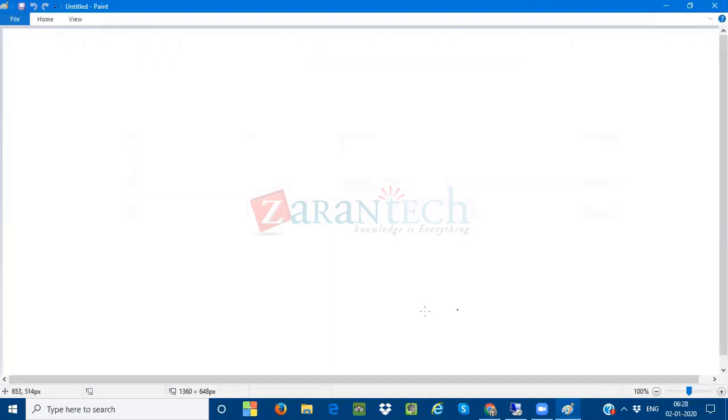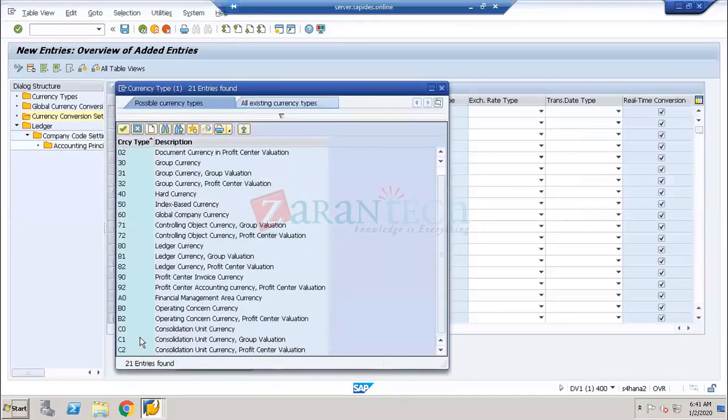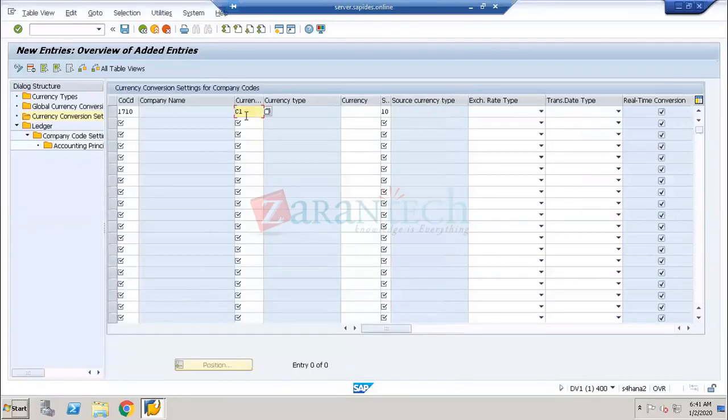Now here, I selected C1. For example, I'll select C1 only because it will be very easy for you to understand. C1 is for the company code specific. Now, if I give the currency here, which currency are you going to assign to C1? For example, I'm taking a euro, but my company code currency is USD. If I go to my company code,